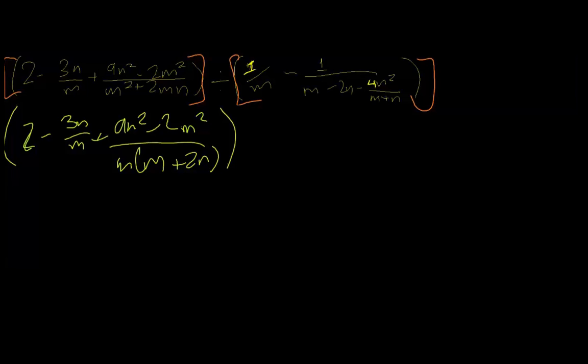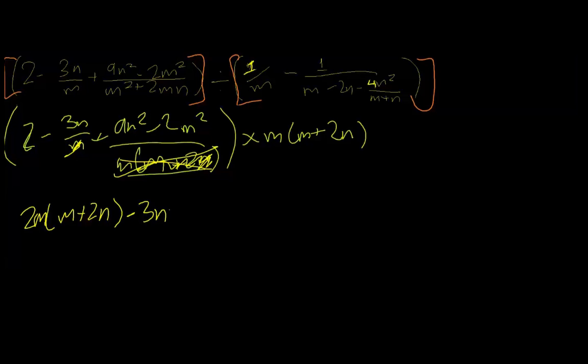Now let's continue. First things first, we're going to get rid of the fractions, which can be really annoying. So multiply that by the LCD. The LCD should be this right here, so times by m times m plus 2n. So first of all, use a different color. This will cancel because we're multiplying the same thing right here. Division is the opposite of multiplication. The m over here will cancel, and this 2, so we'll go from left to right. 2 times m plus 2n